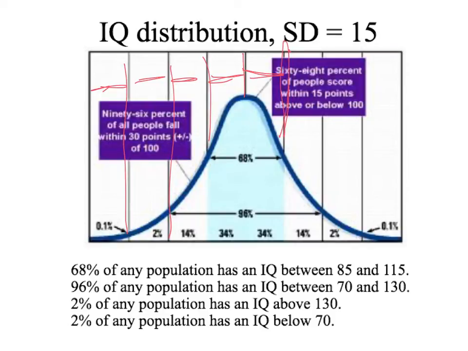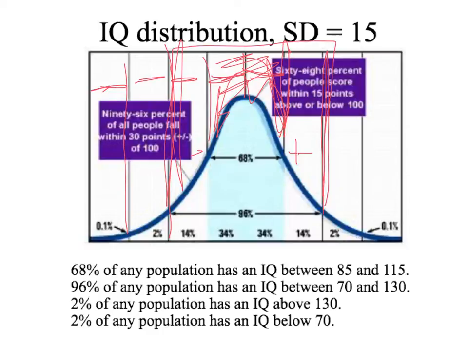So the people who are in this area are within 1 standard deviation plus or minus, above or below the mean. If we were to move out here,